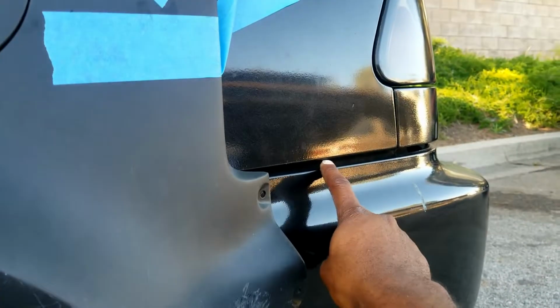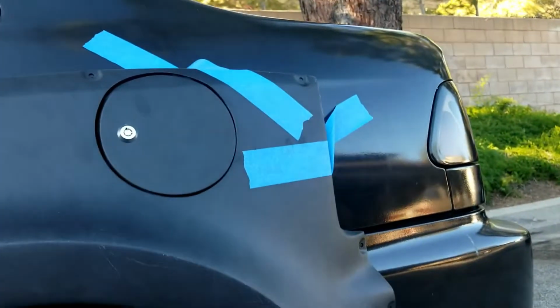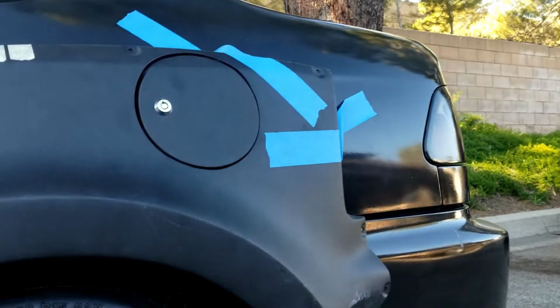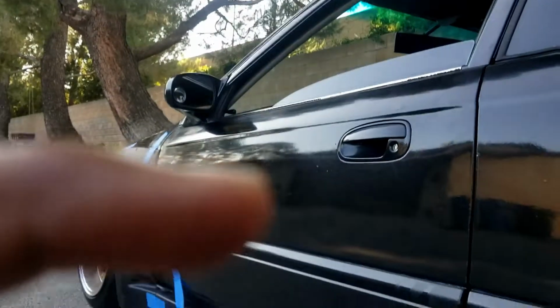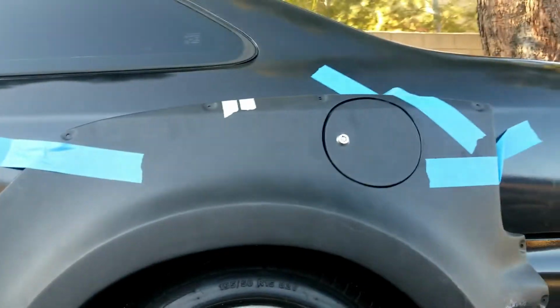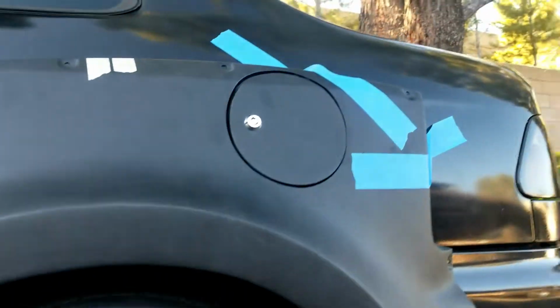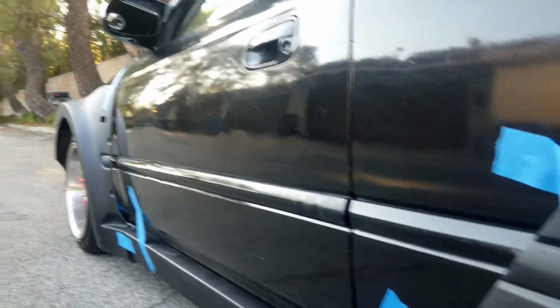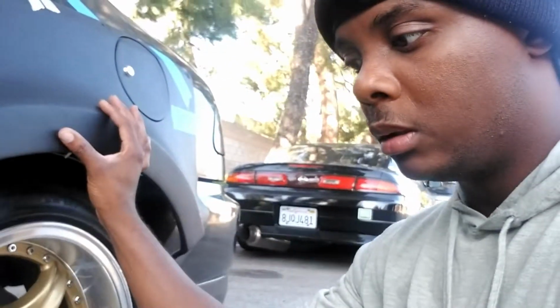Also have to fix the bumper, because if I bring it back, then he cannot match anything up with the kit if that's out of whack, you know what I mean. So I gotta make sure there's no dents on any of this section, and then we'll go from there as far as looking at any imperfections that I need to fix now before I install this kit, because if I do, then everything needs to be in its working order, so that way we can put the kit on a lot better, a lot more flush, and with less of a headache. But the whole project is a headache, so it's just a lot of work. So we'll see what I